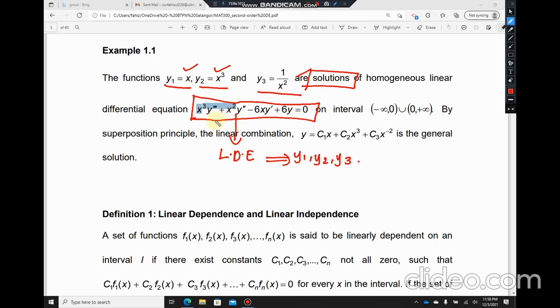So kalau bila diberi linear differential equation and then diberi solution y1, y2, y3, so linear combination ni awak boleh tulis dalam bentuk y equals to, just letak constant C1, C2, C3 and combine solution dia. First y1 x, y2 x cube, y3 x negative 2 is the general solution. So solution dia akan dapat dalam bentuk linear combination. Maknanya awak combinekan constant dengan solution. Solution ni nanti kita akan belajar macam mana nak dapatkan solution. Okay. Next,